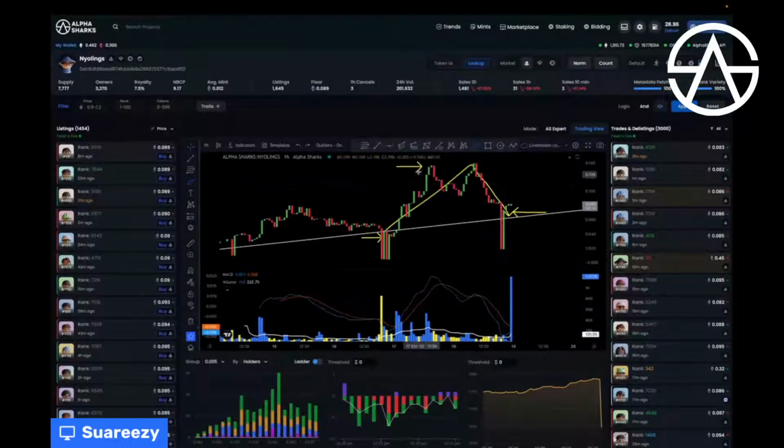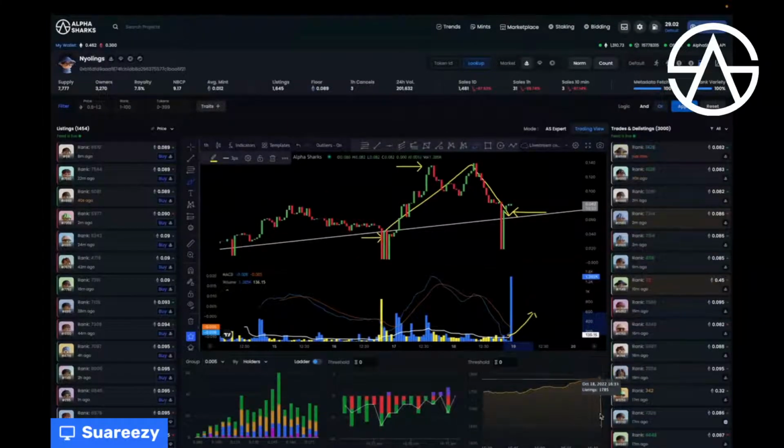And one of the things that we do want to see is an increase in volume. We want to see buyers start taking control here, and we want to see our listings start to decrease here. This keeps jumping around, so I'm not sure what exactly this is doing. Might be some ghost listings going on, or we might be bugged itself. But nonetheless, if we are looking for some type of dip buy here,